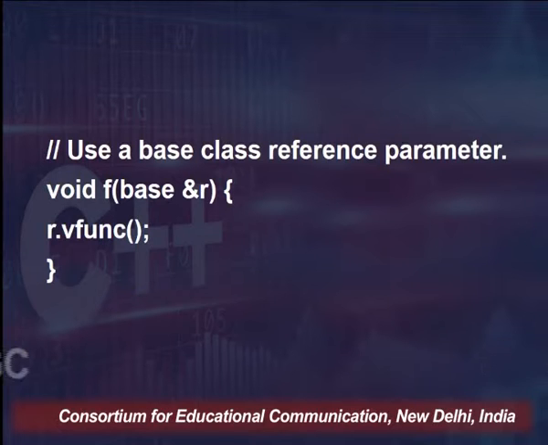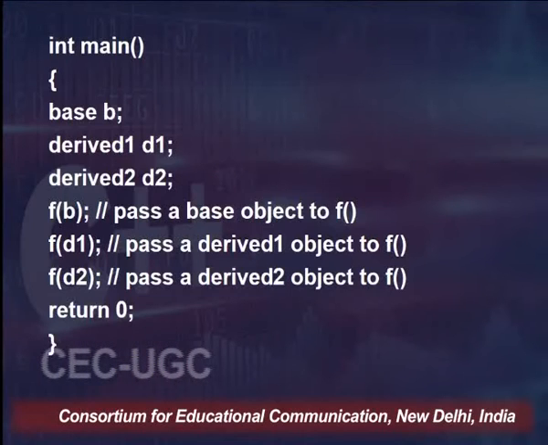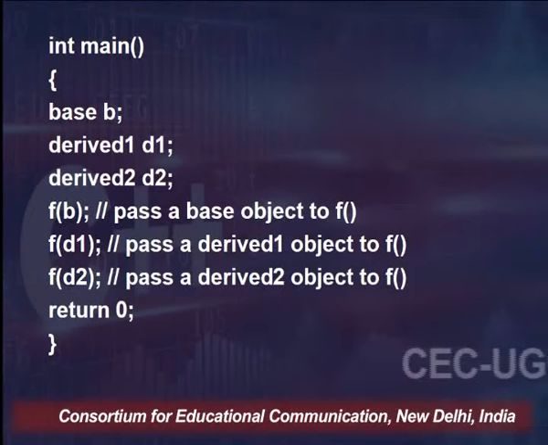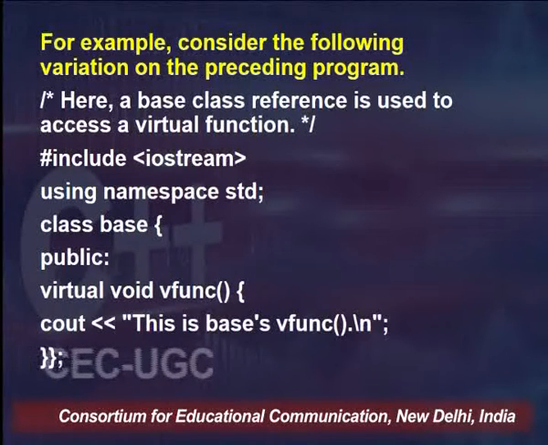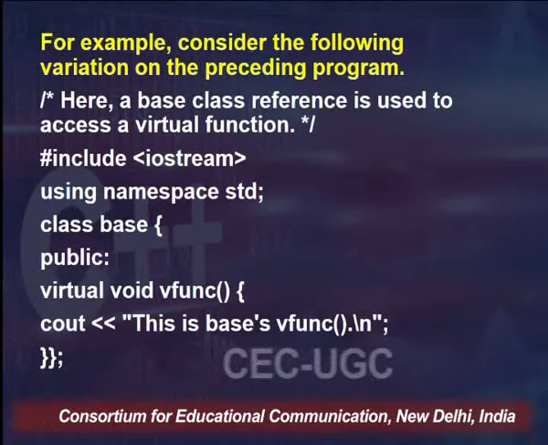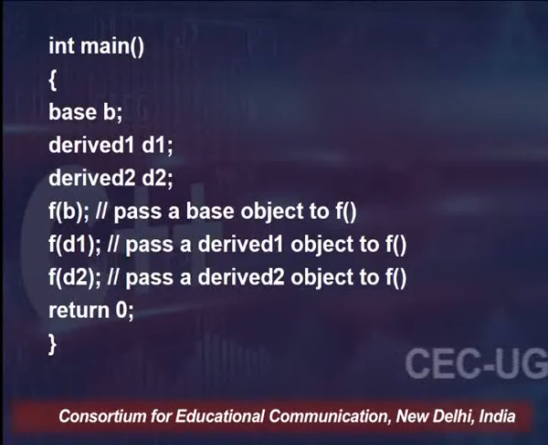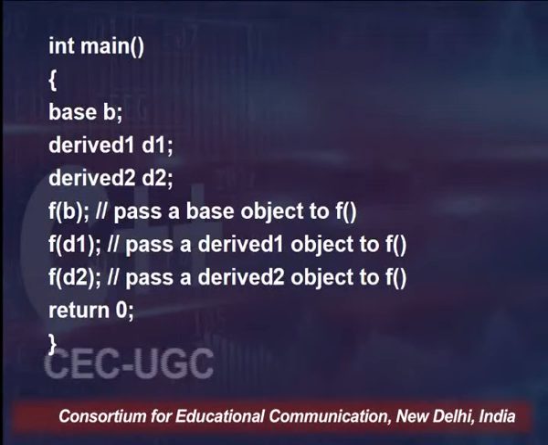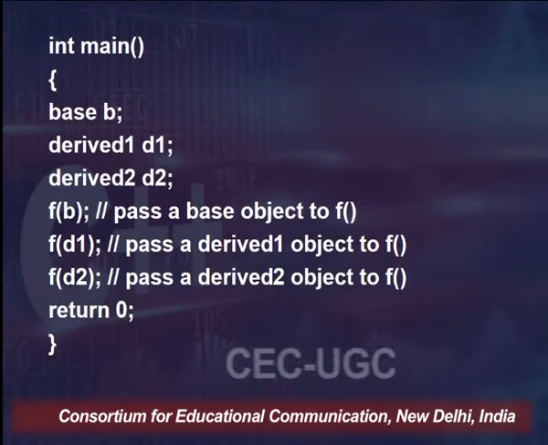B will fit into Base &r, and the version which will be called is the version of the base class, because we have passed the base object to f. So that means this will print the first statement, which says "this is base vfunc". Then after passing the derived 1 object to f by saying f of D1,